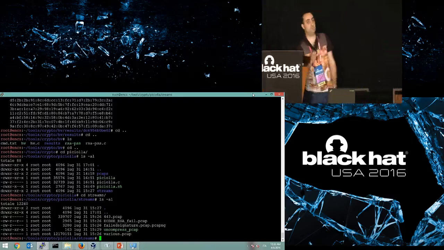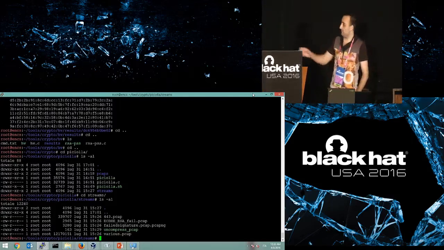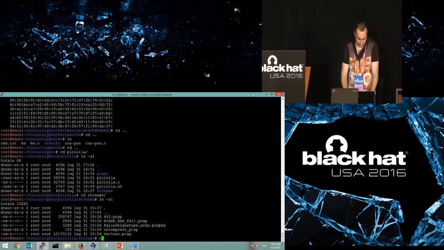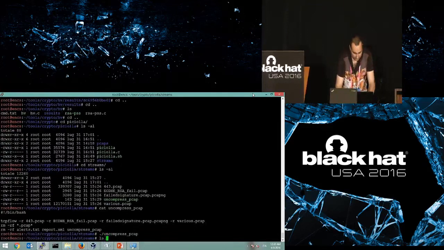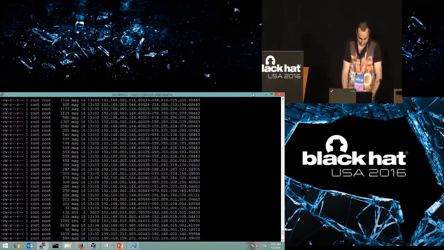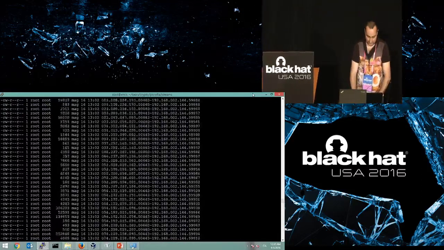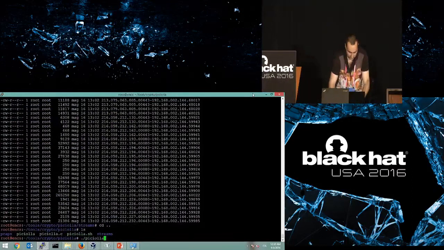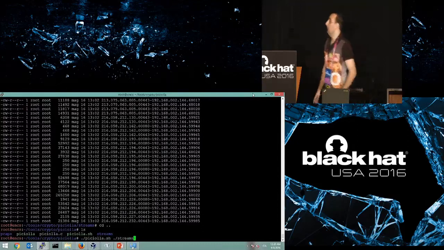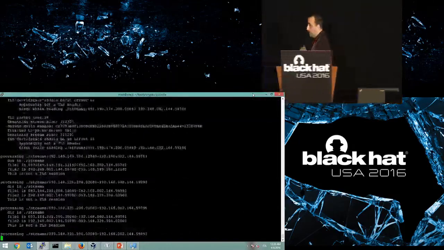We want to uncompress every TCP stream inside these pcap files. To do that, we use the tcpflow tool, or actually we can use the script that does the job for us. So now inside this directory we have different TCP streams. And we just need to execute Picciola by passing the name of the directory containing all the uncompressed streams, and it starts the elaboration.